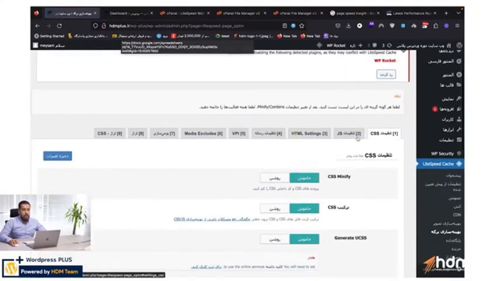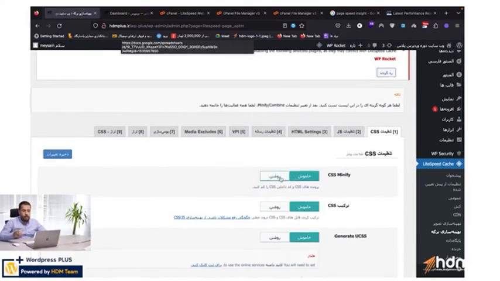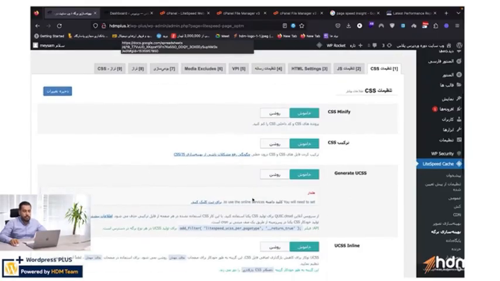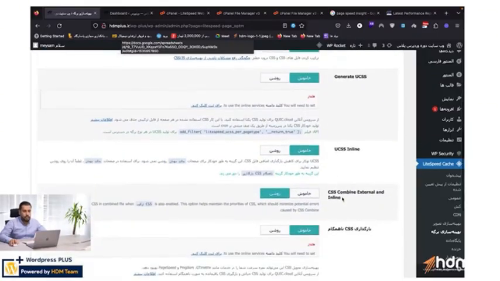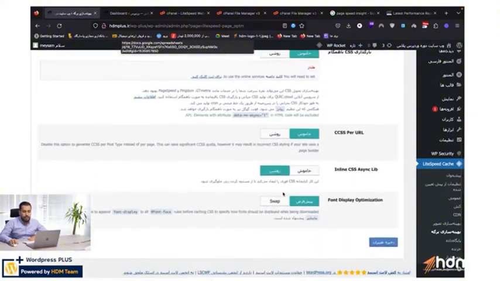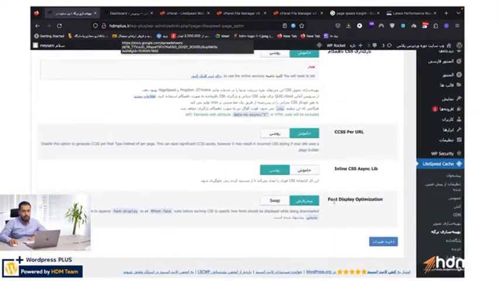What we are dealing with here again is the CSS minification settings, which reduce the spaces and compress the file. This process is called minifying, or compressing, and it combines our CSS for us. It creates a single CSS file and compresses it, which helps reduce the load time a bit. The same goes for inline code, where I can combine or group your CSS and put it into one file. I can also enable asynchronous loading of CSS for you and a few other settings, like optimizing fonts, which is